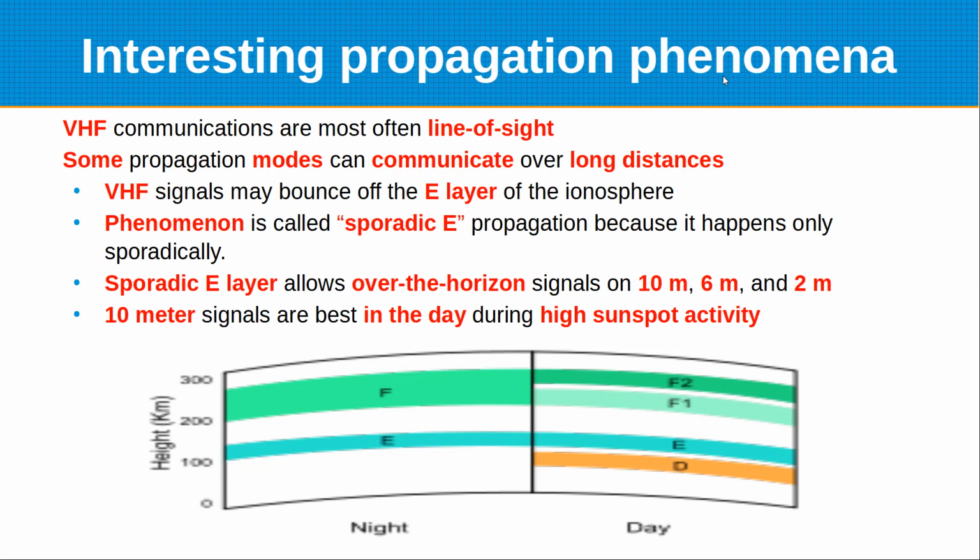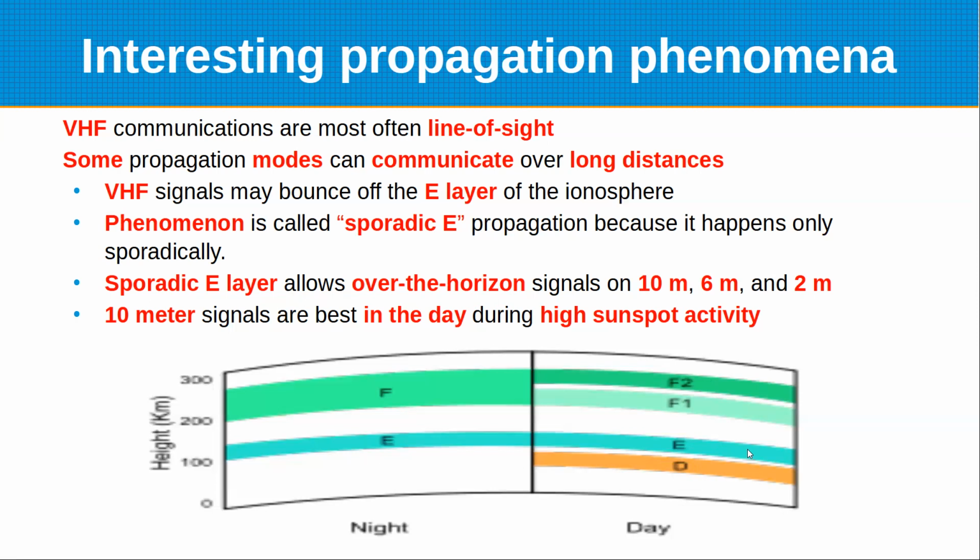Okay, VHF may bounce off the E layer. And in the chart down here, they define the different ionization layers of the ionosphere as the D layer, which is the lowest one. It's basically an absorption layer because it's got the most oxygen molecules. It's the most dense, so it tends to absorb frequencies and it disappears at night, which is why those same frequencies work at night and they don't work very well in the daytime. Then you have the E layer,